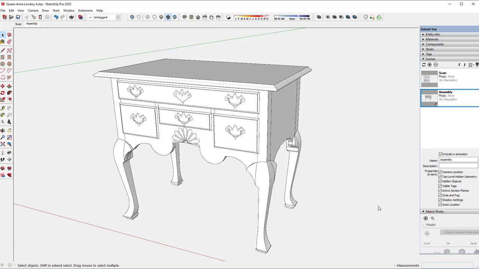I'm working on a model of a Queen Anne Lowboy or a console, and I made this piece more than 40 years ago in cherry, and I'm currently refinishing it, but that was before SketchUp. So I wanted to create this model of the piece that I actually built. And you can see here that I've got the model underway,